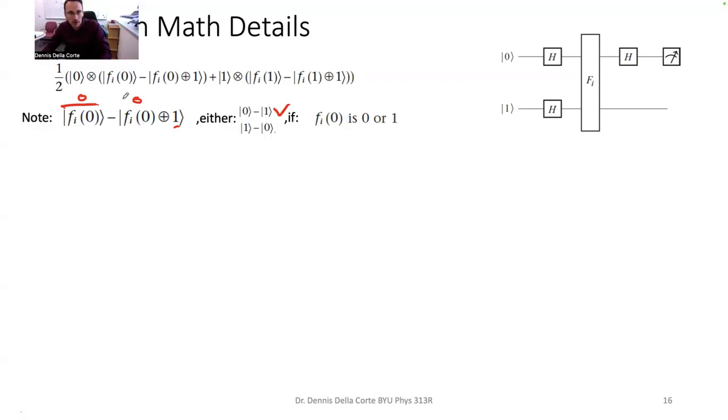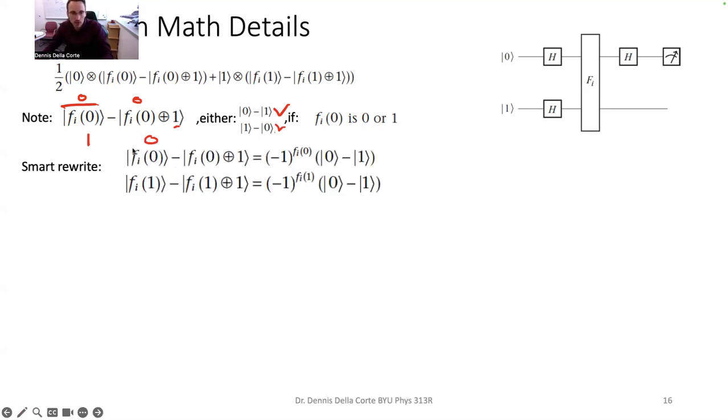On the other hand, if this function is equal to 1, then I get here 1 plus 1, and 1 plus 1 gives me a 0. And then I get the 1 state minus the 0 state. Okay, so we can check both of these assumptions. So we can simplify this term. In order to make that even better, we smartly rewrite this. So we say that this expression here is going to be equal to 0 minus 1 multiplied by